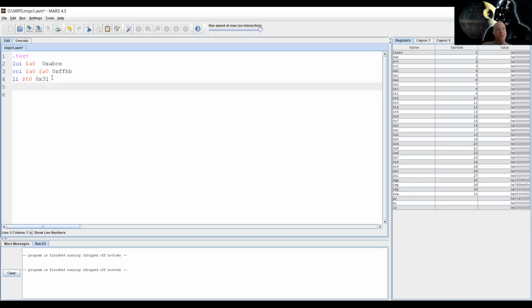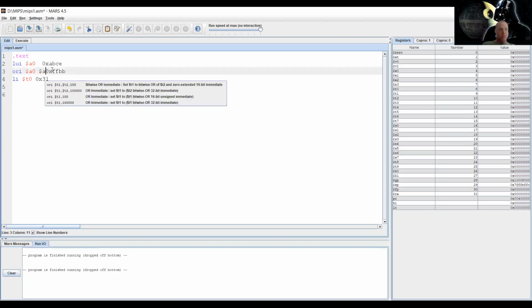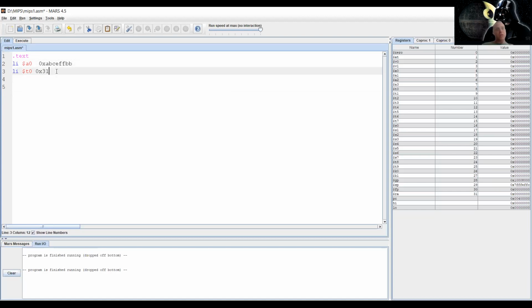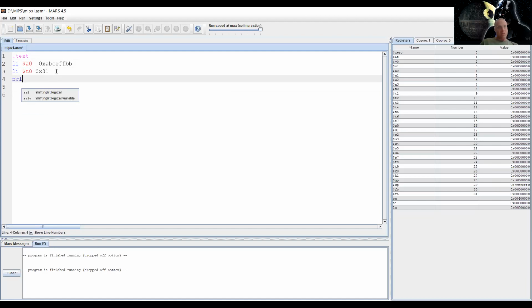Shift right. So you've got this number, and your number looks like something like that. And you want to shift it right. There's a command called shift right logical. There are two shift rights: shift right arithmetic and shift right logical. Shift right logical means shift it and fill in zeros on the left side. So if you did shift right logical of, let's say,